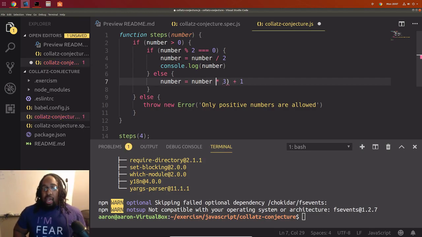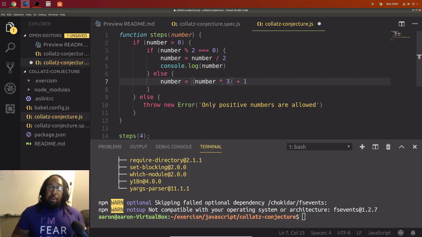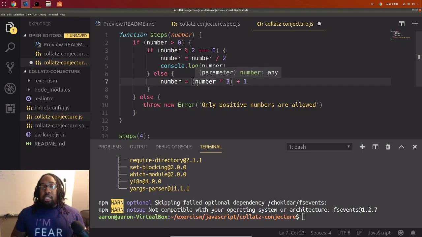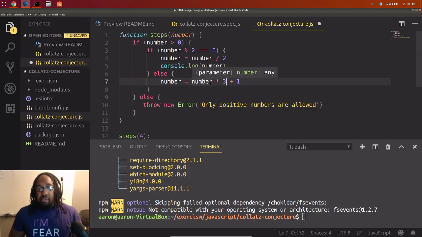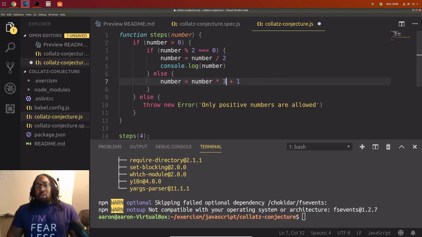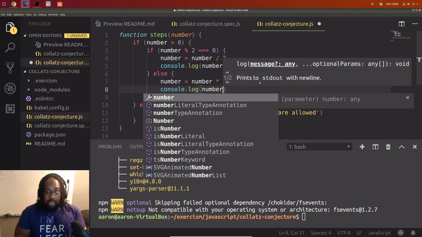You can fix the ordering with parentheses if you need to put something first. Parentheses are the first option of PEMDAS, so anything in parentheses will get evaluated first. That's your math lesson for today. It's very easy to forget once you're done with school, because you don't do this very often in normal life, but you might have to in your coding job. So number is now going to equal number times 3 plus 1, and we'll print out number here so we can see that as well.